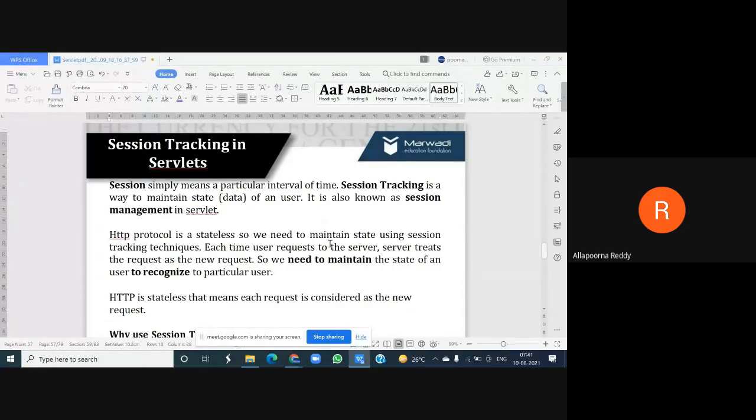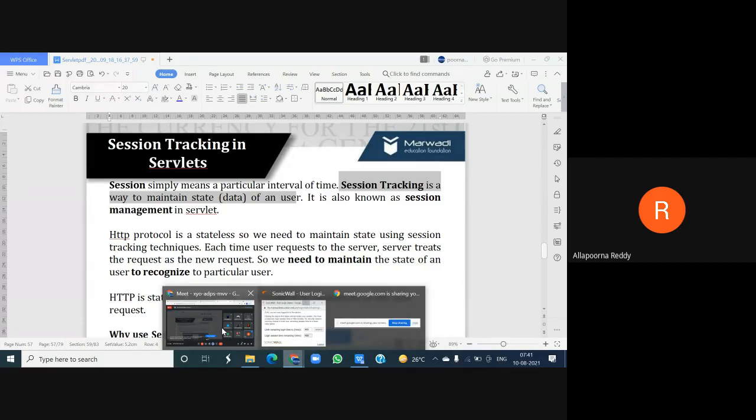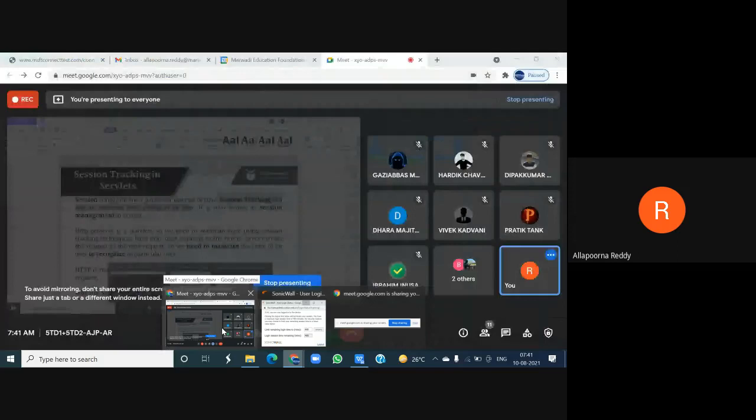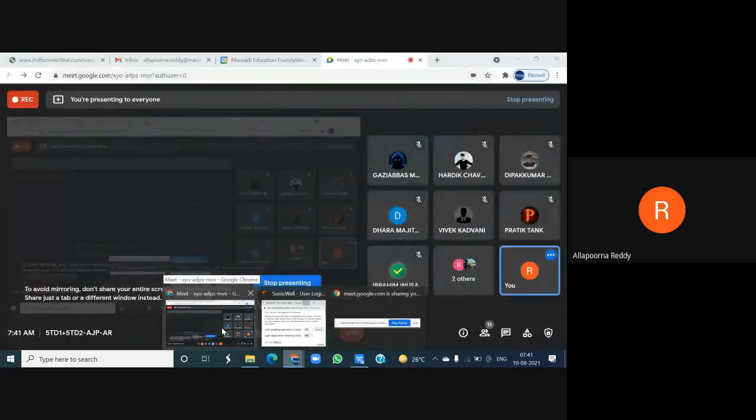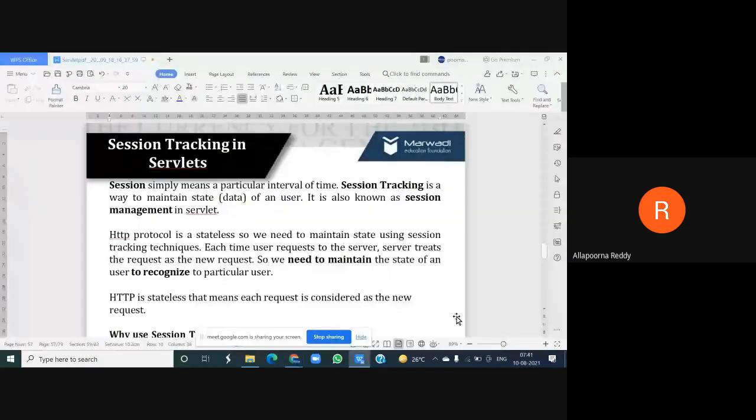So we need to maintain tracking of every session we connect to. That tracking is called session tracking. Session tracking is maintaining the state of a user, or data about the user. It is also known as session management.